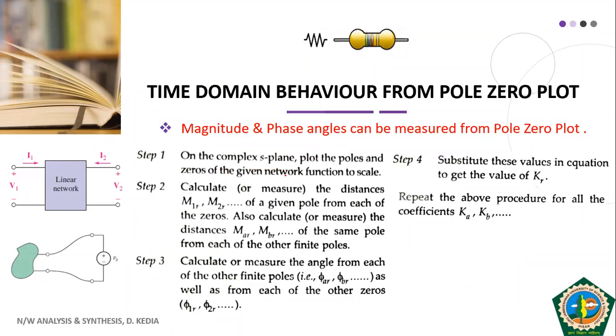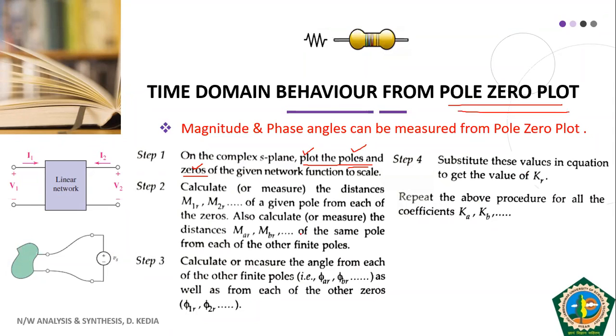So first, what we have to do, we have to plot poles and zeros. So obviously we'll have to obtain the pole zero plot. We have been given the network function, that is H(s). From H(s), we will first find out the poles and zeros. Once we have found the poles and zeros, we will plot them so that we are able to get